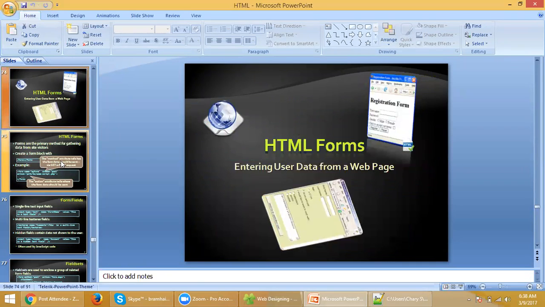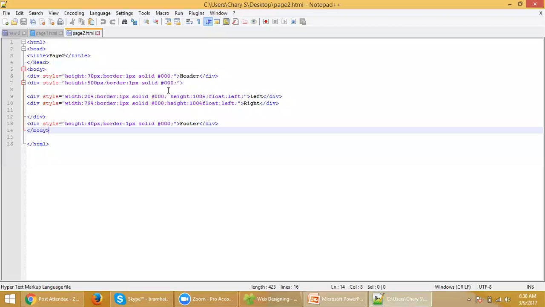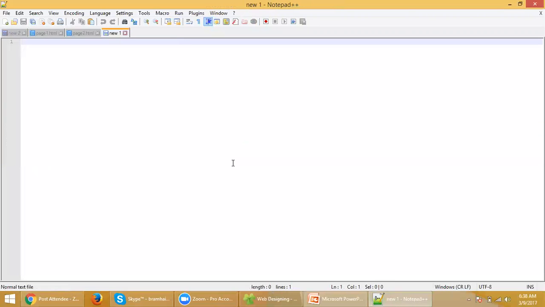Yesterday we discussed tables, right? Today we want to discuss forms. Generally, forms will be used to submit some data from a web page to the server. Like, data means